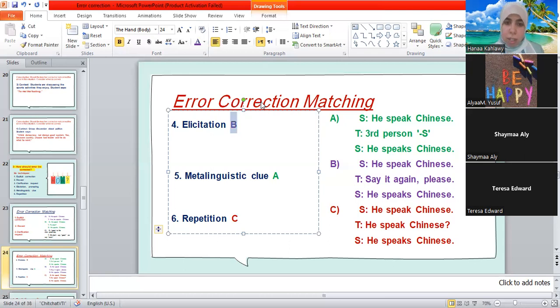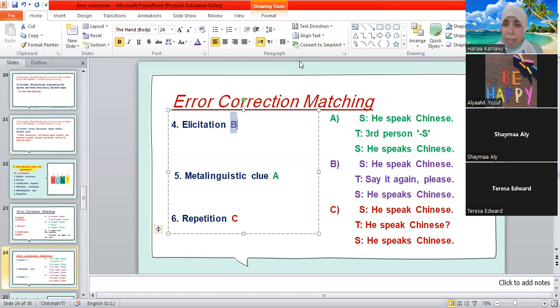Okay, let's check the chat box. As a recast. Okay, so I can't say repetition is recast, because in recast the teacher corrects the mistake. For example, when I say, I am playing football now, and the teacher says, yes, you are playing football now, this is recast.